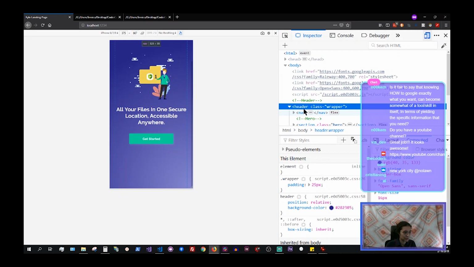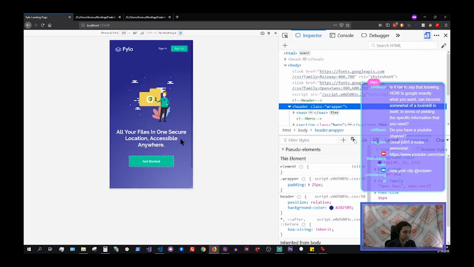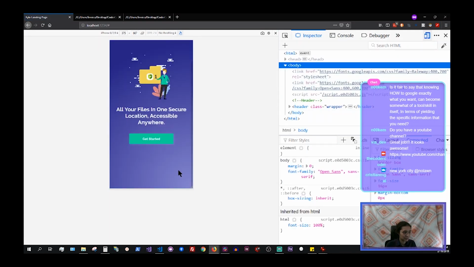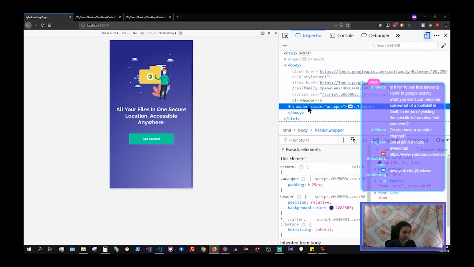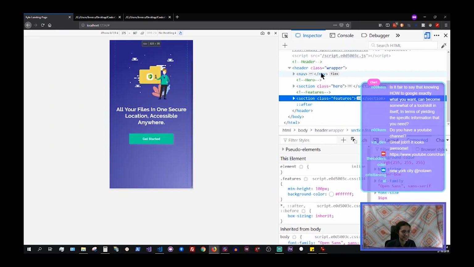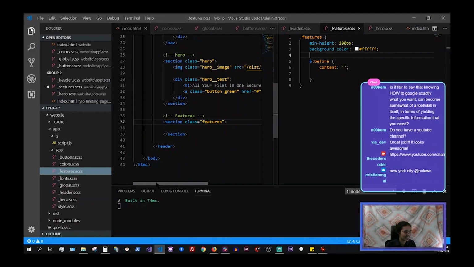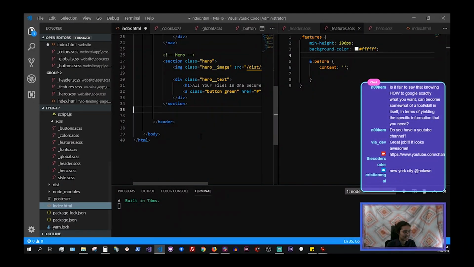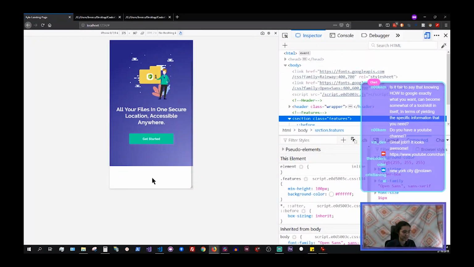So you can see, oops, what's going on? This is probably that z-index thing again. Oops, I added, oh, I see, I added the features inside the header. That's not what I want to do. Let's just move that out into its own little thing here. Okay, now we have this white background. So this is where all the content and stuff will go later, which we'll do, I guess, next week. But for now,